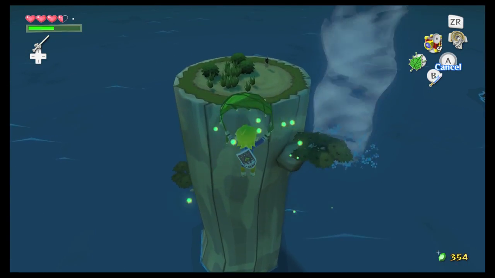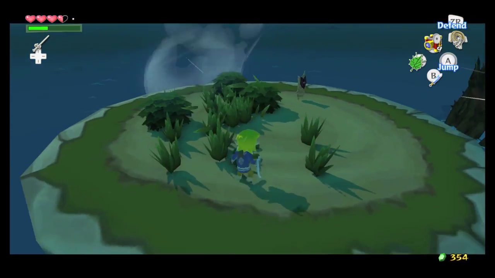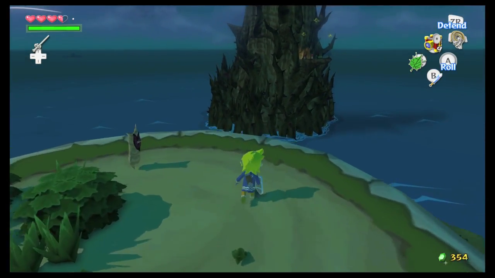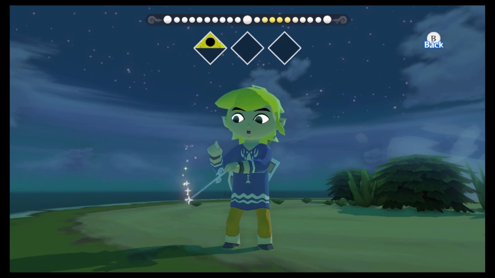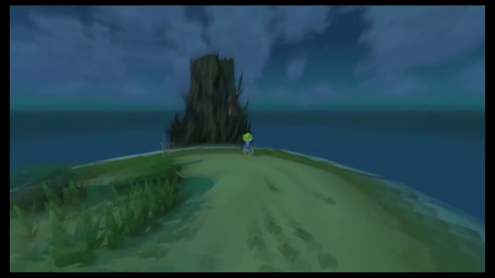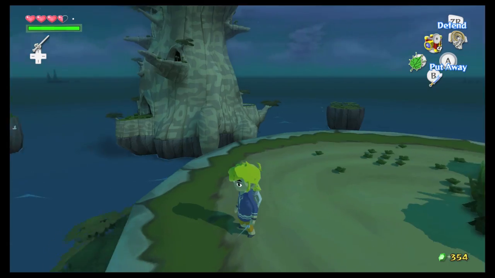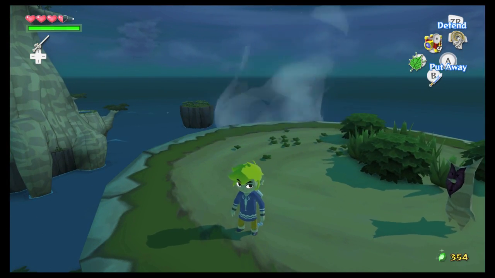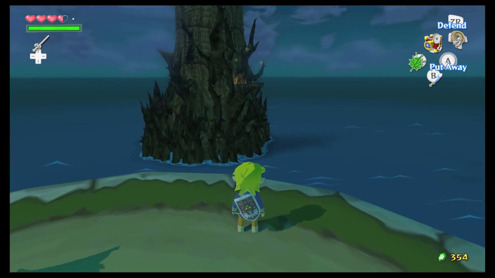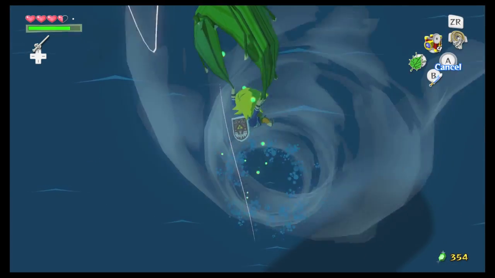And once we get there, there will be plenty of grass for us to cut down for magic. That will hopefully give us magic. There we go. And now we have to change the wind direction to go northwest. And that will be that. Now we just have to wait for this little mini cyclone thing to come our way. This isn't actually a cyclone, I don't know what to call it, but